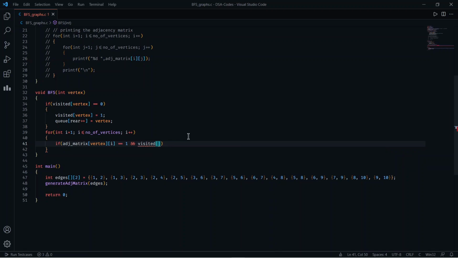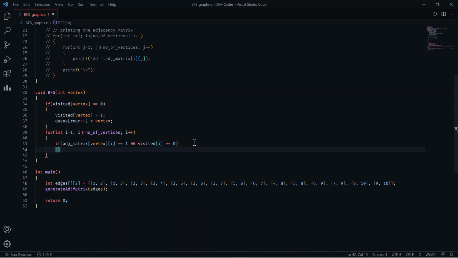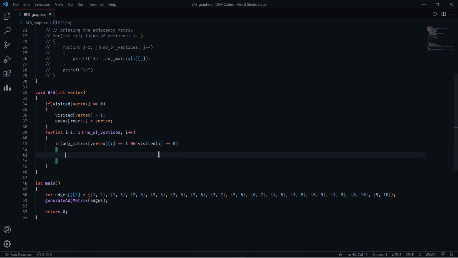So basically I'm checking the adjacency here, and then I'm checking whether this ith node is visited or not, because I have to apply the condition only when this ith node is not visited. If this node or this vertex is visited, then we don't need to check for that case, because we have considered that already, as we have seen in the algorithm. Then what we have to do is, we have to put this particular vertex into our queue.